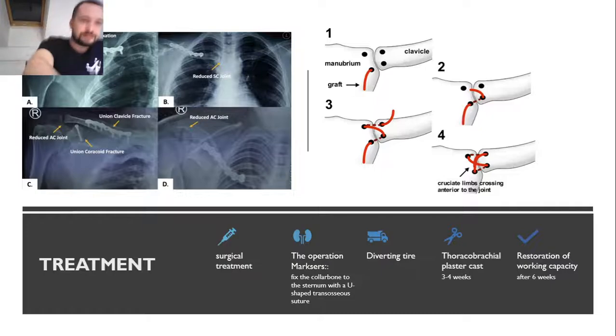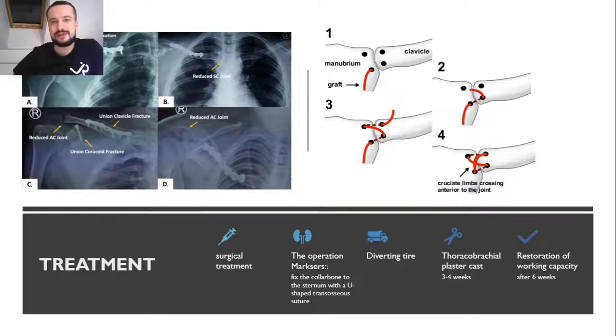Treatment. The best anatomical and functional results are achieved with surgical treatment of this injury. The operation is performed according to the method of Marxer. The collarbone is fixed to the sternum with a U-shaped